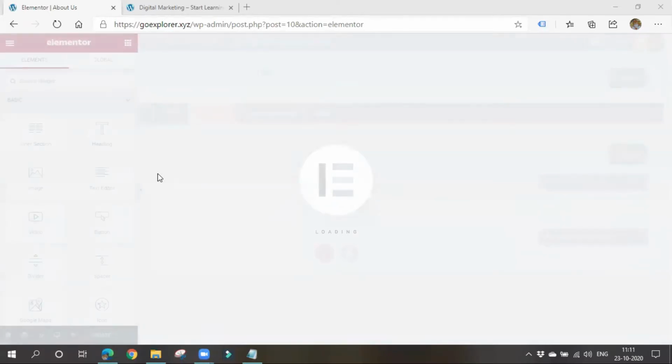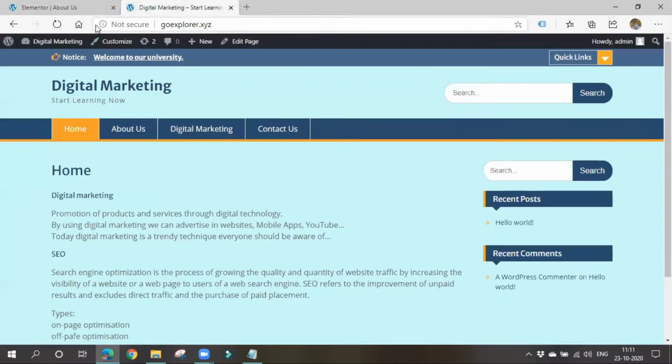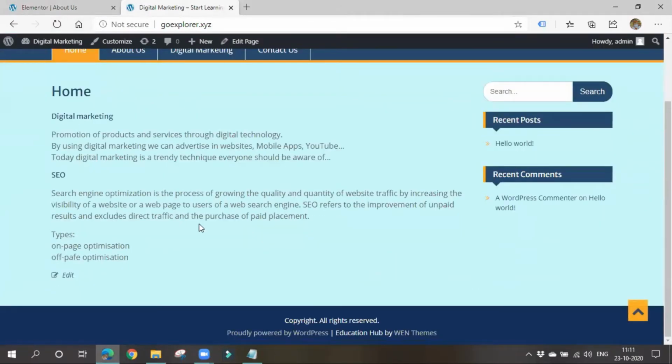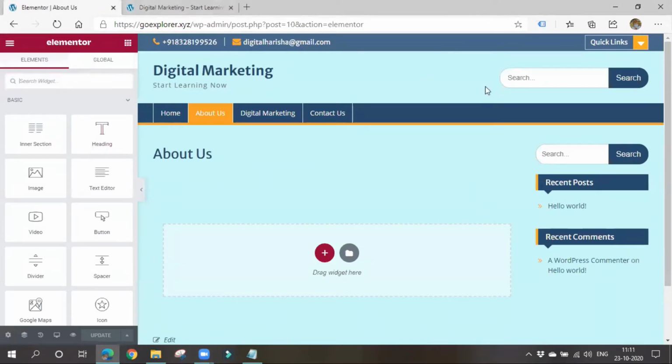Here, what is the speciality? Here we can edit whatever we want in the front end itself. There is no need to navigate between or switch between the editor and the preview mode. Actually, we have been editing in the WordPress editor. Once we make any changes, again we'll come to our website, we'll refresh our site, and we'll be checking. Right? Am I correct? Yes, ma'am. It's a switching kind of thing. We'll be switching frequently after making some changes, after updating some things. Here, there is no need. We can edit directly in the front end, in the page itself.